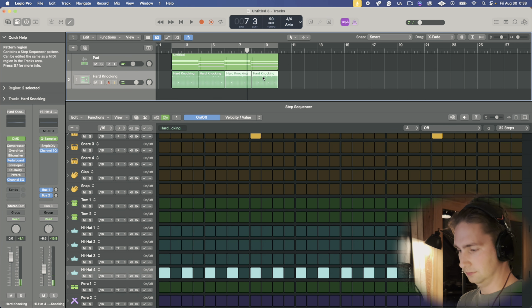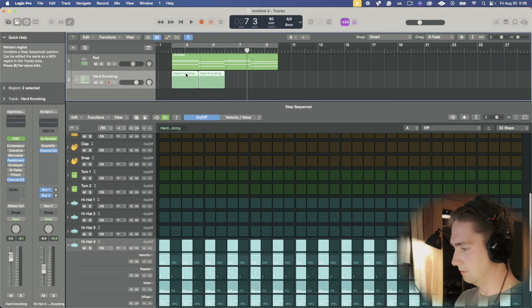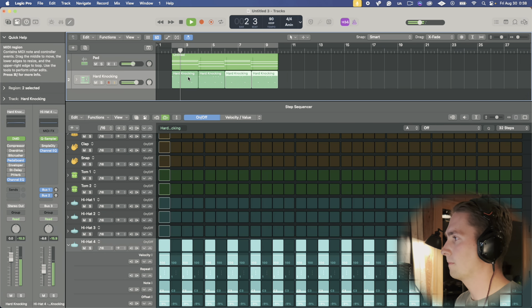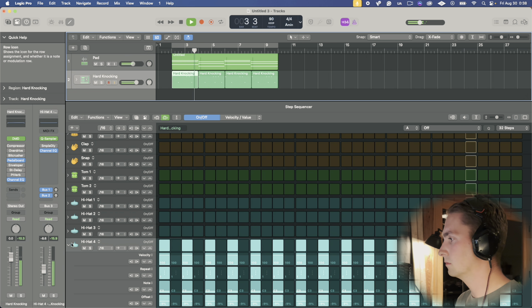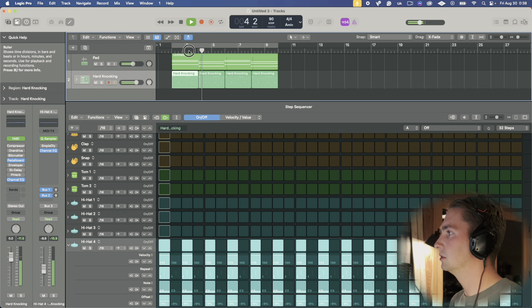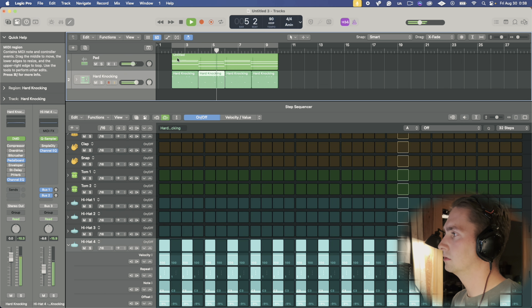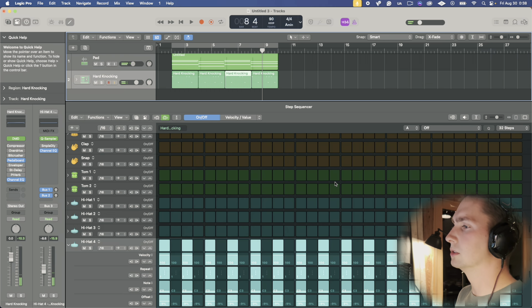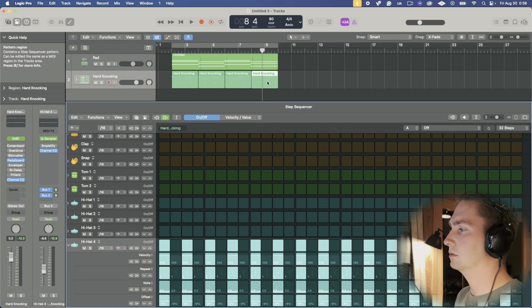Cool. Bass, and then I think we're good for at least a loop. Oh, that was weird. What happened there? Something's missing there. What is it? Why are you being weird?